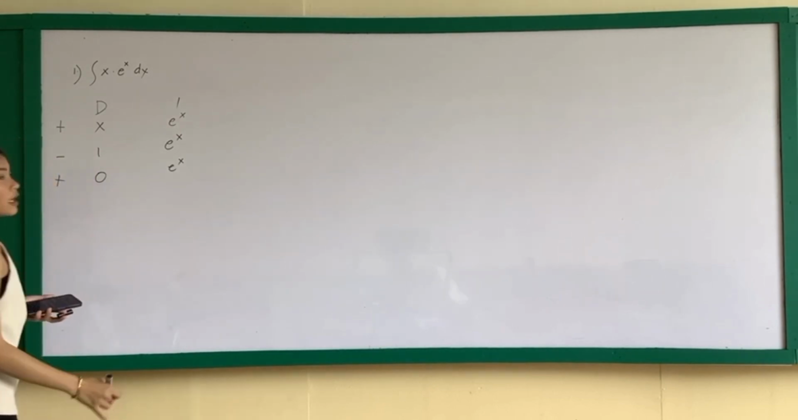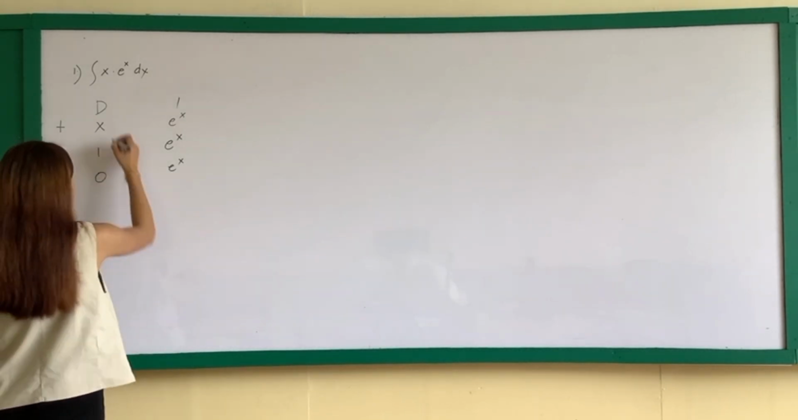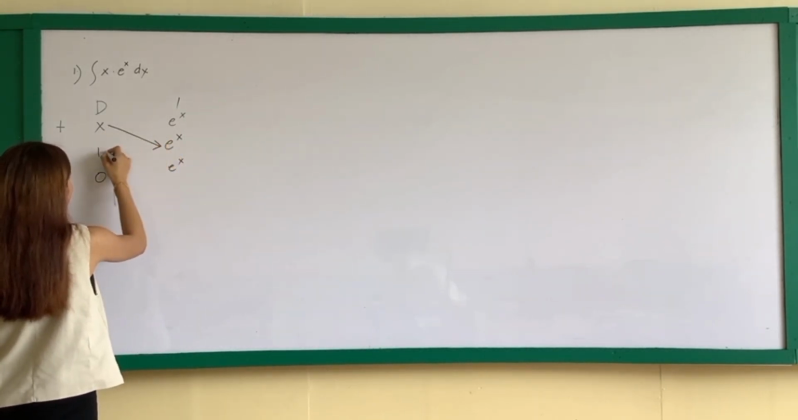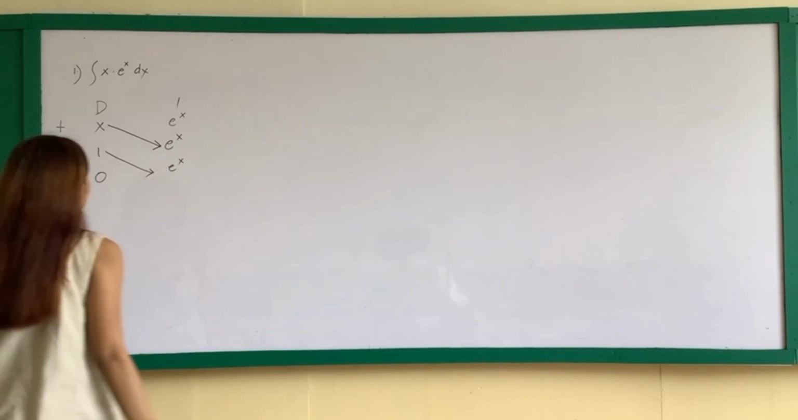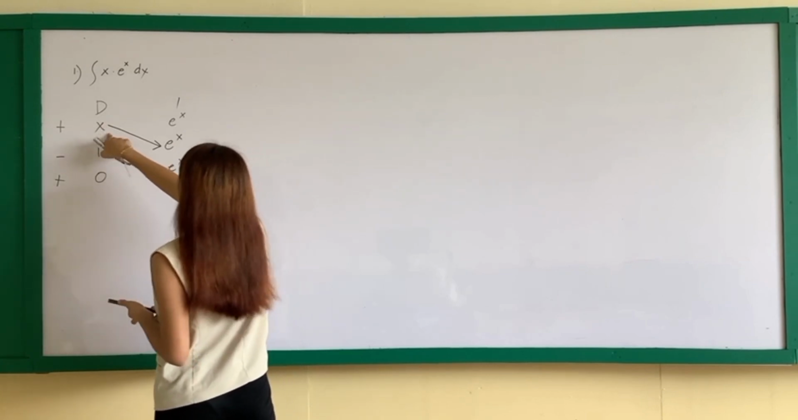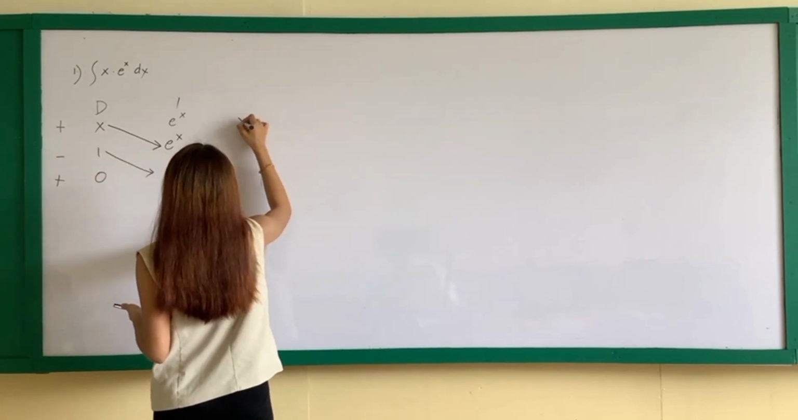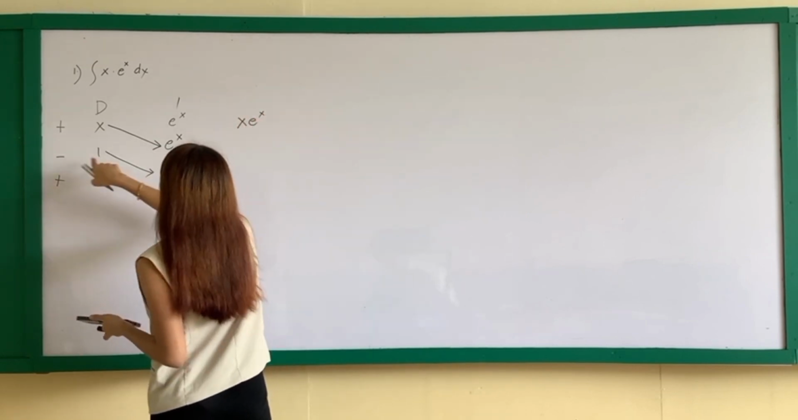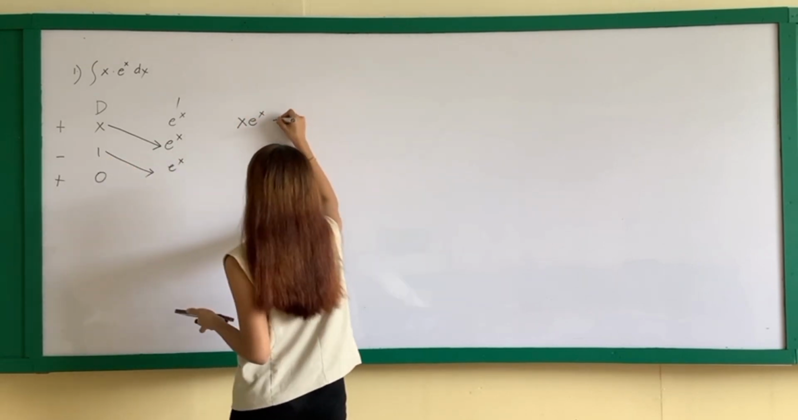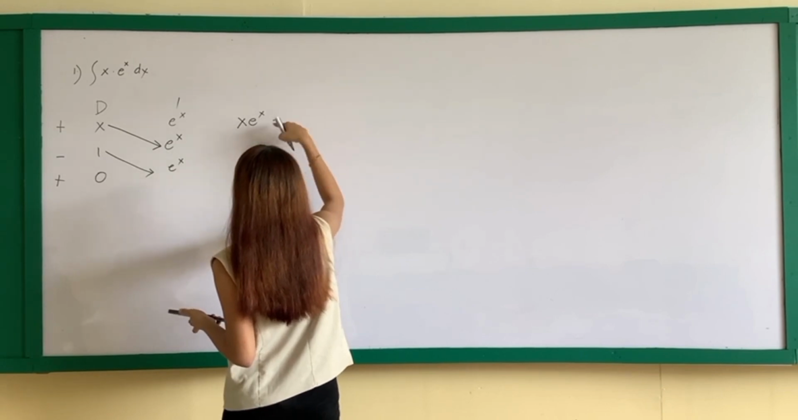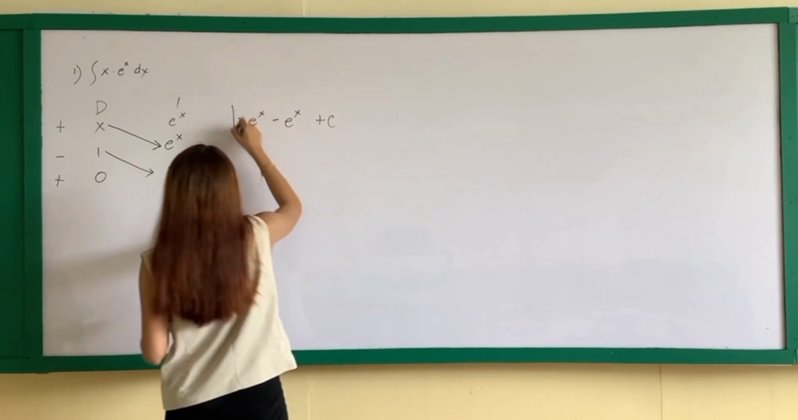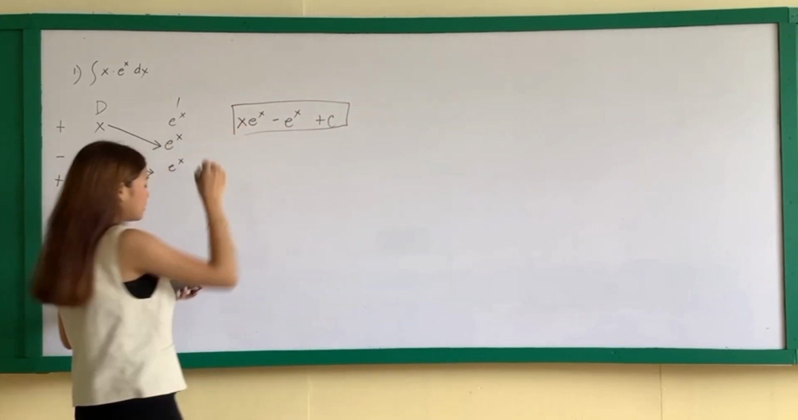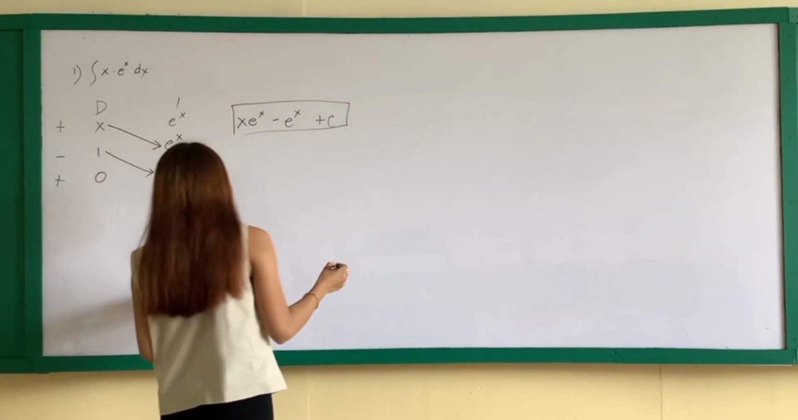And to get our final answer, we need to multiply these. So x times e raised to x. So we have x e raised to x and negative 1 times e raised to x. So we have x e raised to x minus e raised to x plus c. So this is our final answer. And our next problem is